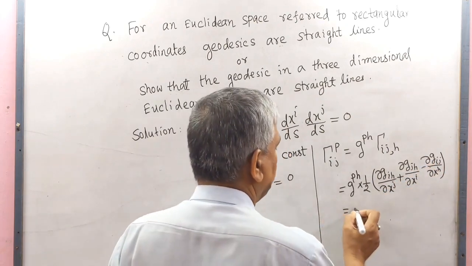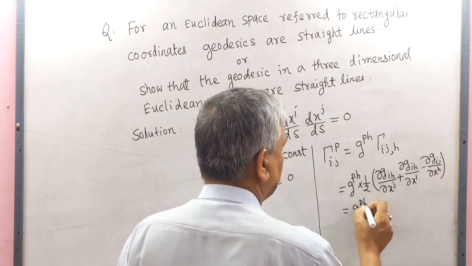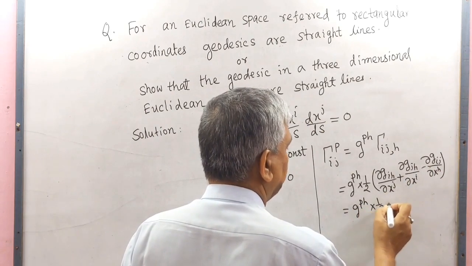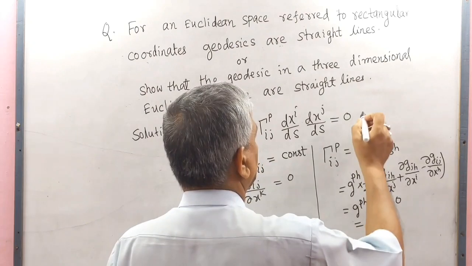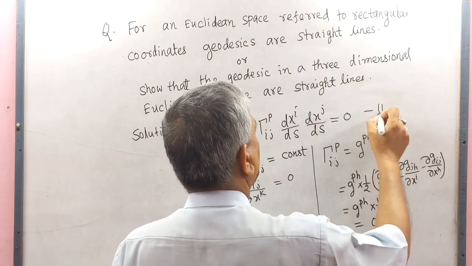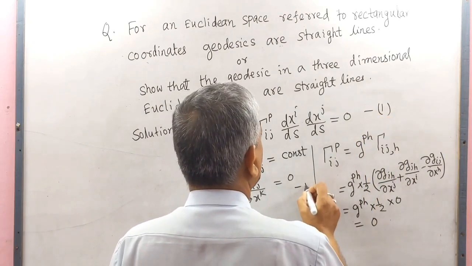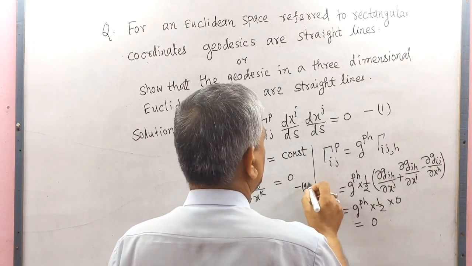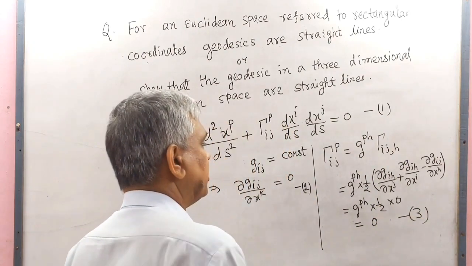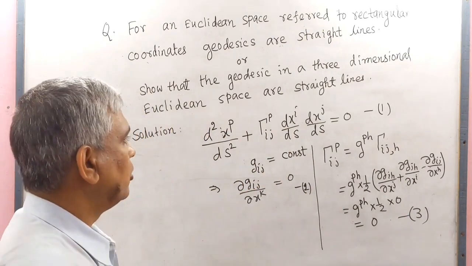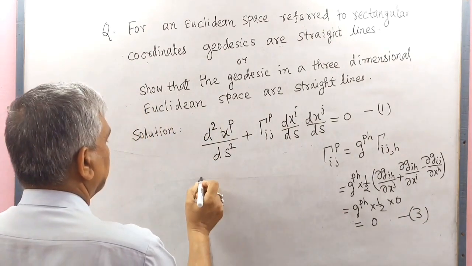So we write gph into half into 0 equal to 0. This is number 1, this is number 2, this is number 3. So putting the value of 3 in 1,